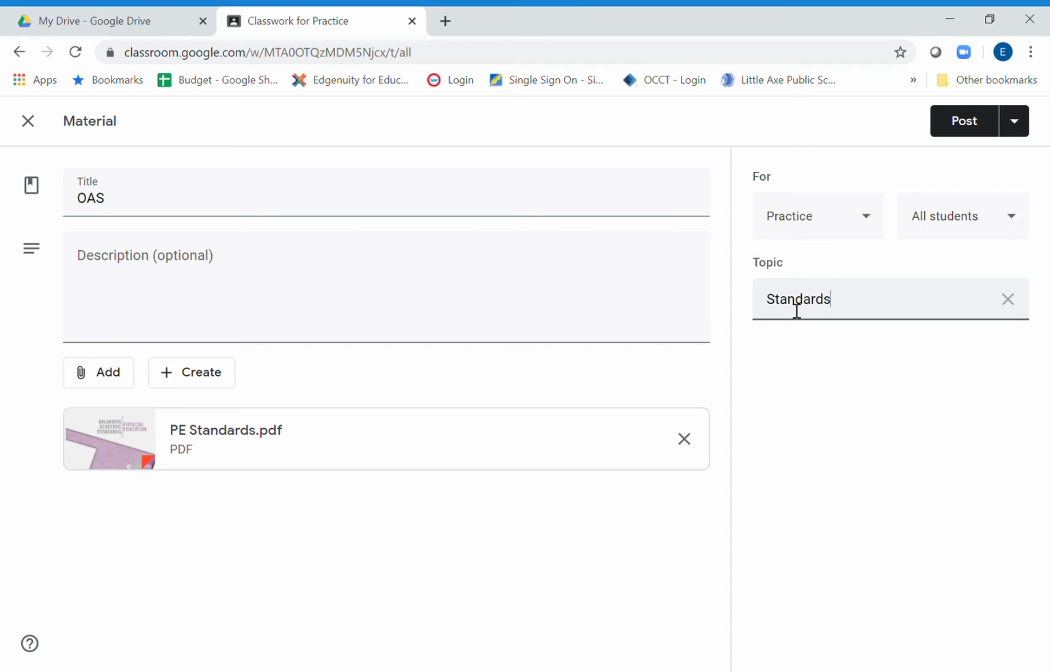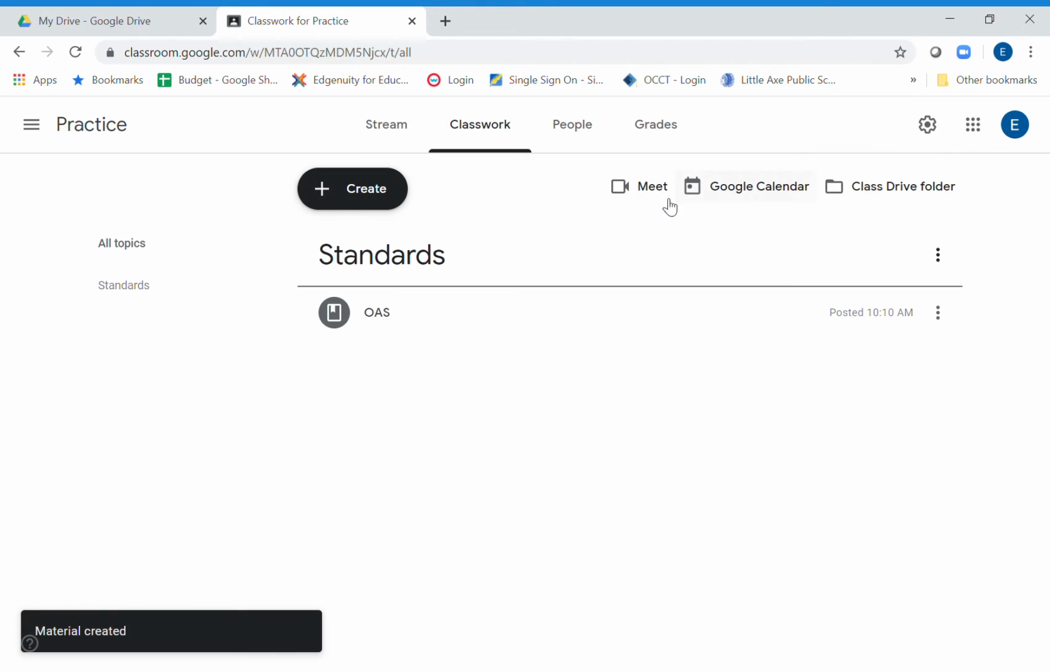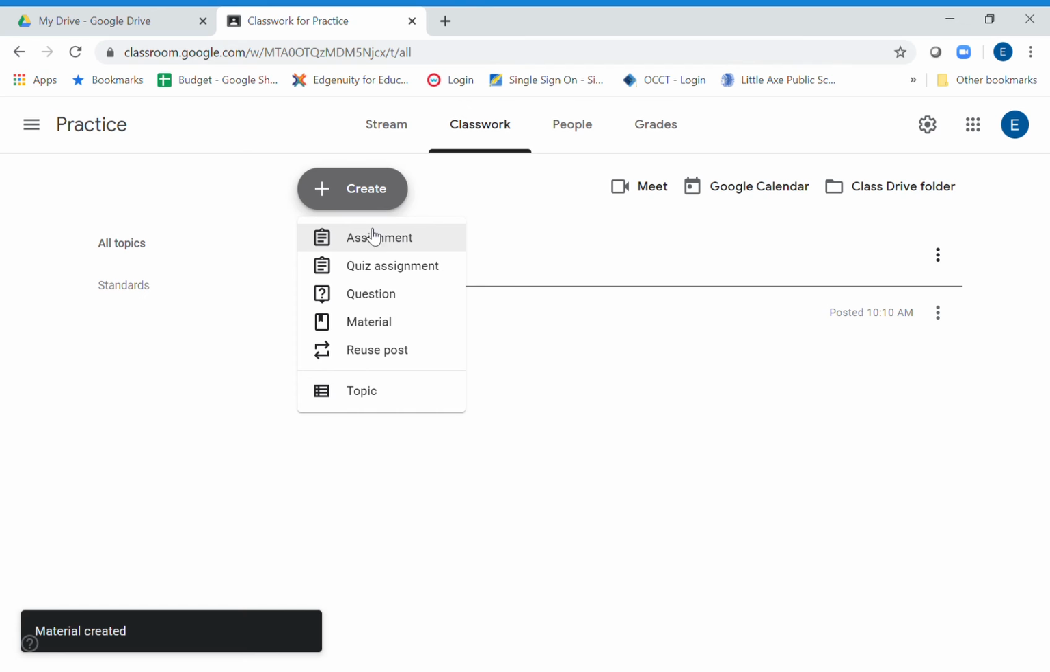These are standards. When you post it, you can post it immediately. You can schedule it. You can save it and come back to it later, however you want to do that. So I post that, and notice it says standards and it shows up under standards. Now when you're creating an assignment,